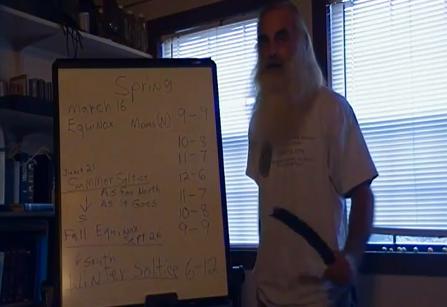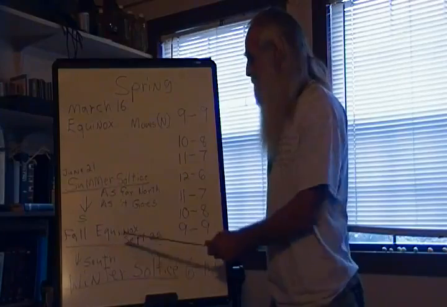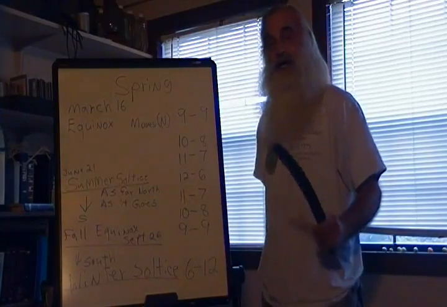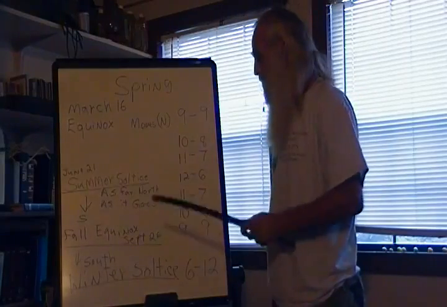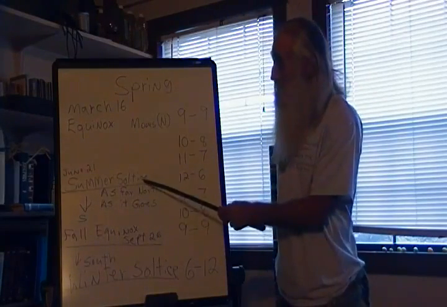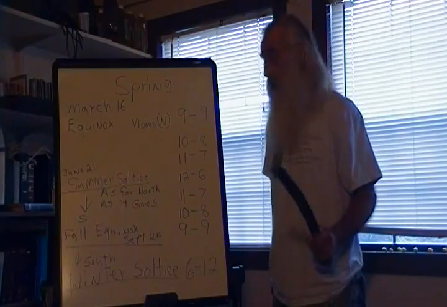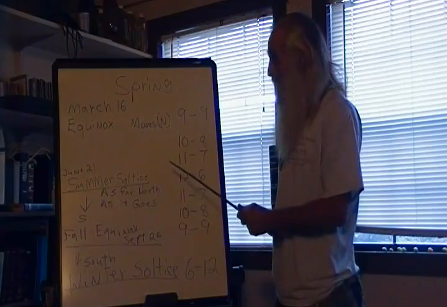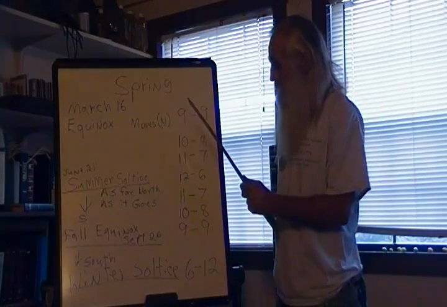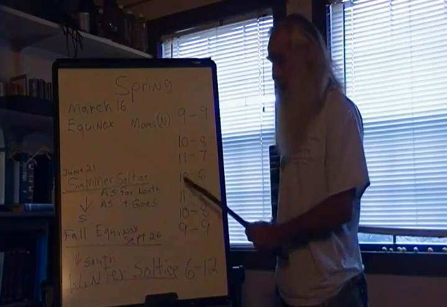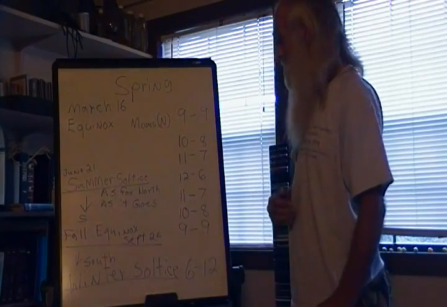Now, the Gregorian calendar got that wrong also. I don't put any faith in the Gregorian calendar whatsoever, but you can look it up. September 26th and March 16th, the day and the night are equal. So we have 9 parts day, 9 parts night, and we're heading south. Once it hits the summer solstice, the sun starts going south again instead of north. From the summer solstice all the way to the winter solstice, it is coming back to the south, and then when we get to 9 and 9, which is the fall equinox,